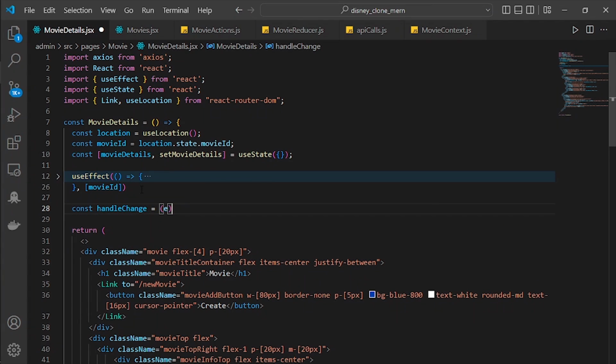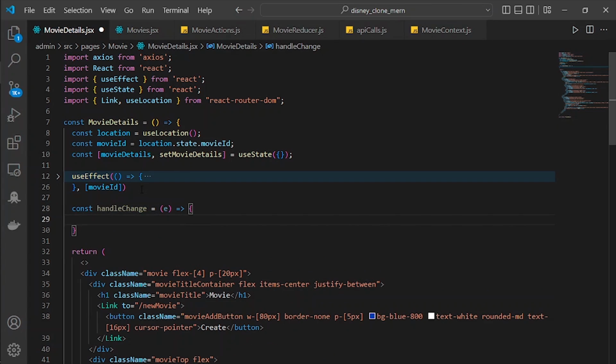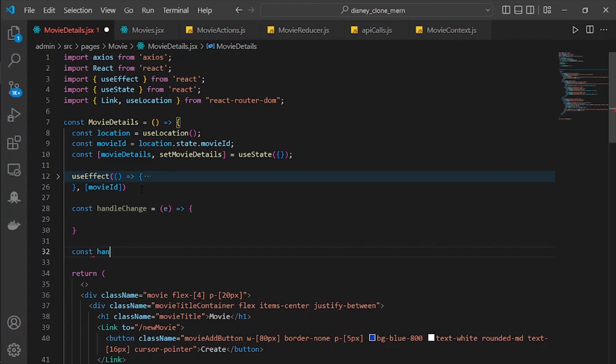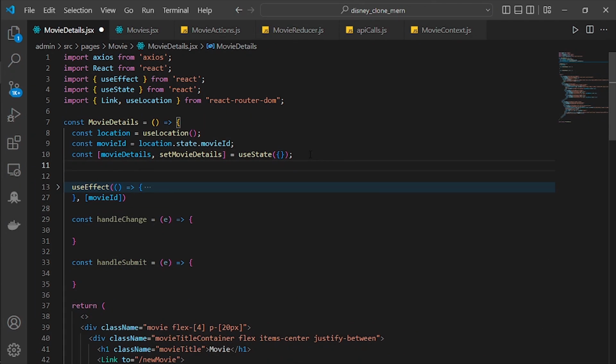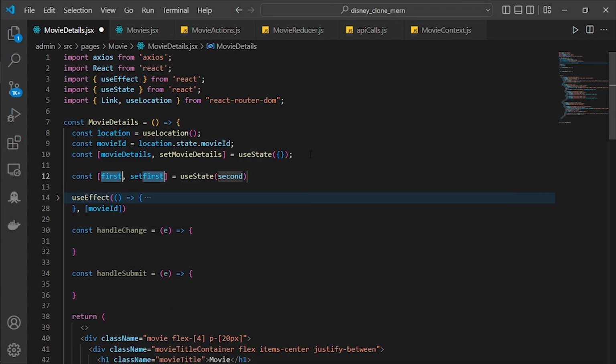This handleChange will run every time the user changes or puts the input inside of the input tag. For this handleChange, we will just set it to null, and the last one is going to be handleSubmit. This handleSubmit is going to be the function that submits all of the updated data, or the updated movie, to the database. And also in here we have to make a new useState. That useState is going to have updatedMovie, and then for the default value it is going to be